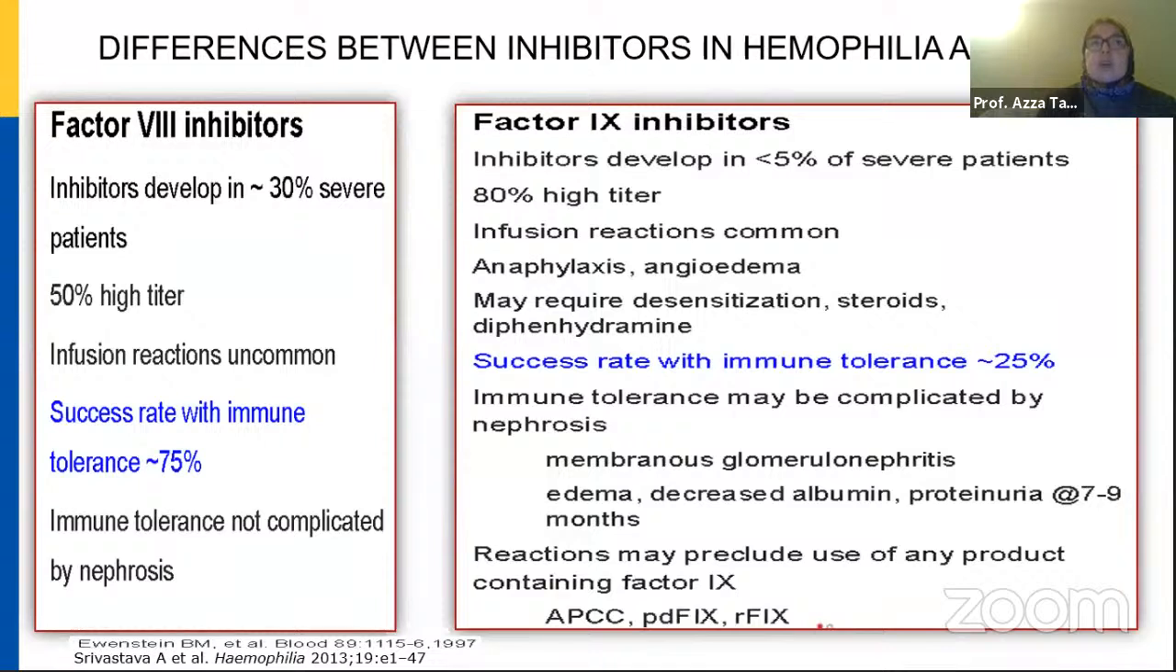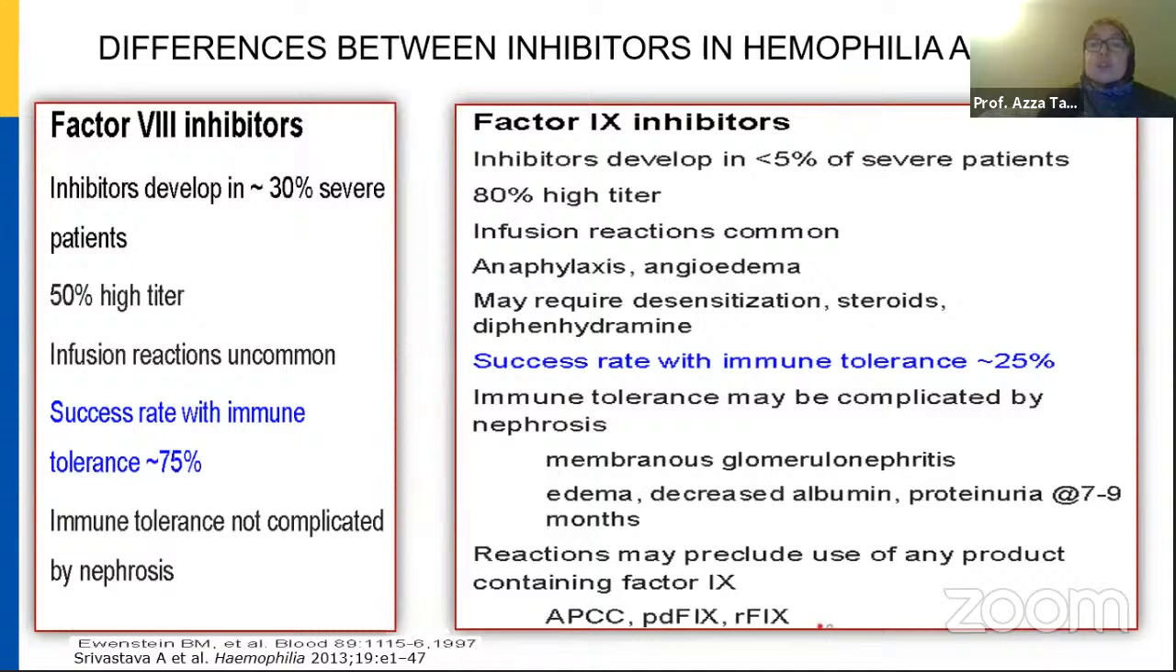Success rate with immune tolerance is about 75%, and immune tolerance is not complicated by nephrosis. However, in factor IX inhibitors, they develop in less than 5% of severe patients. 80% are high titer. They result in infusion reactions like anaphylaxis, angioedema, and may require desensitization, steroids, or diphenhydramine. The immune tolerance success is about 25%, it's much less, and immune tolerance may be complicated by nephrosis, secondary to